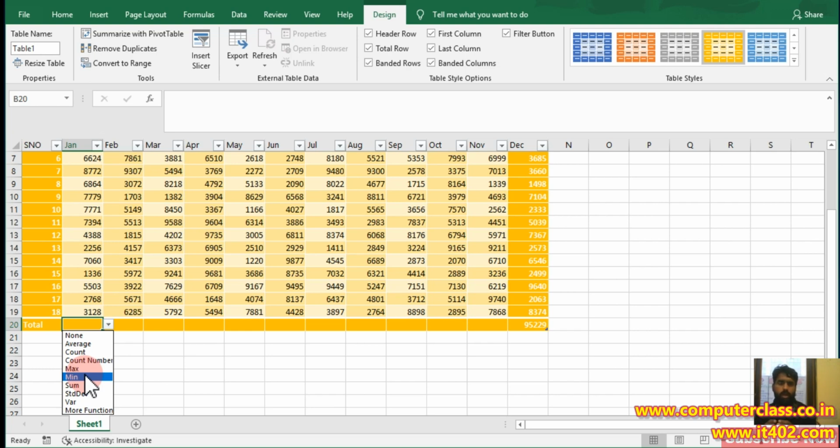If you don't want to do all these tasks separately, you can select the particular range of data, choose the format as table option, convert that data into the form of a table, go to the design tab and find whatever you want for your table.